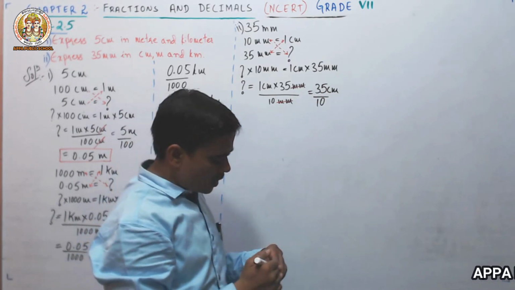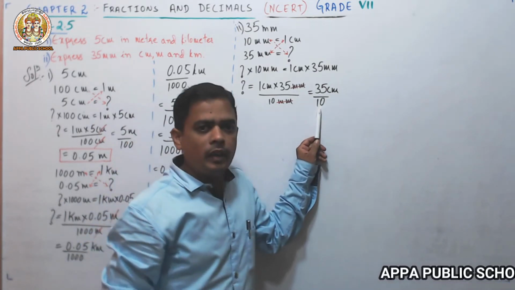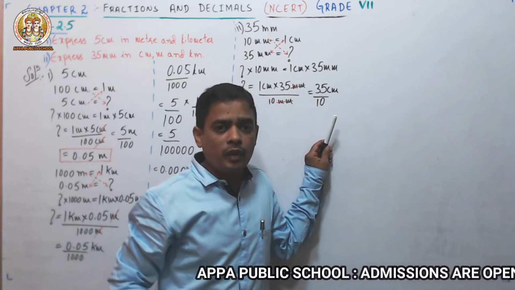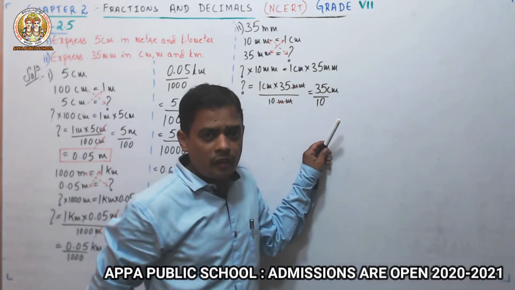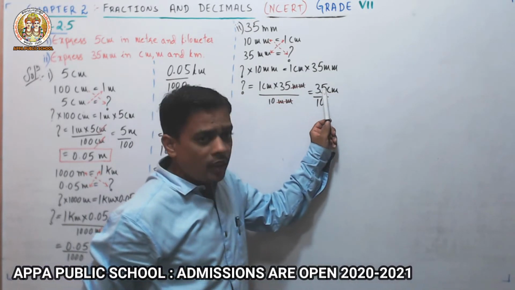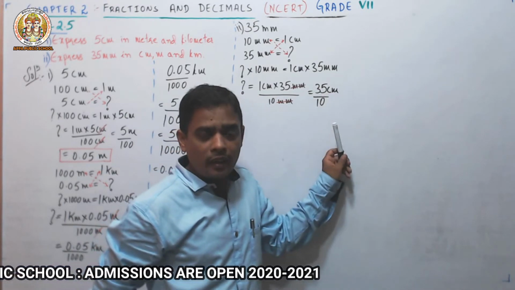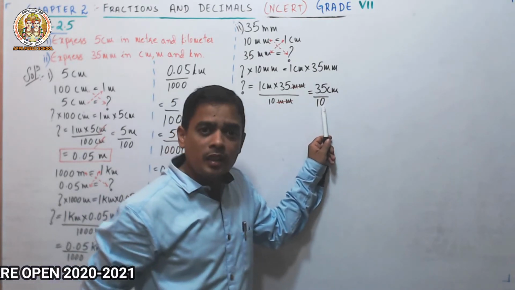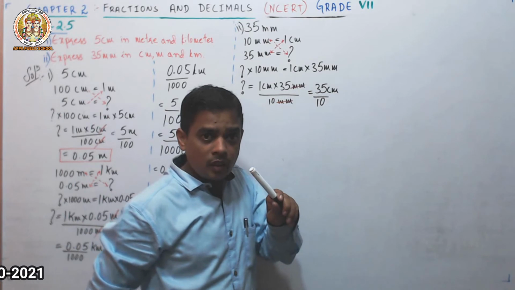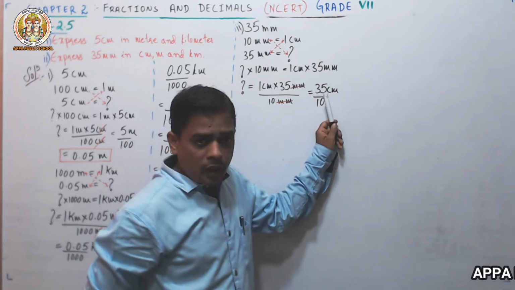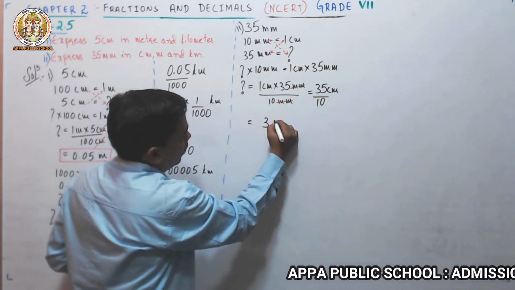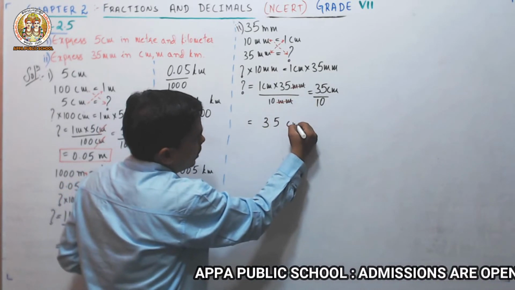Now please don't cancel here, it is 35 divided by 10. 10 and 35 will not come in the same table. We discussed this at the beginning, in your introduction class. If any number is divided by 10, 100 or 1000, what you have to do is see how many zeros are there in the denominator. Only one zero is there. In the numerator you have the number 35. You need to write it as it is.